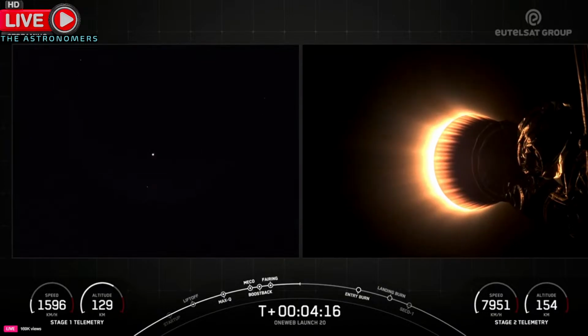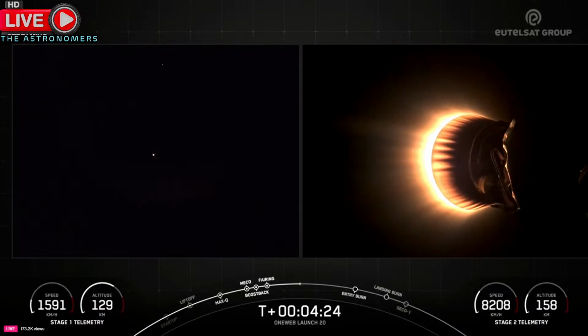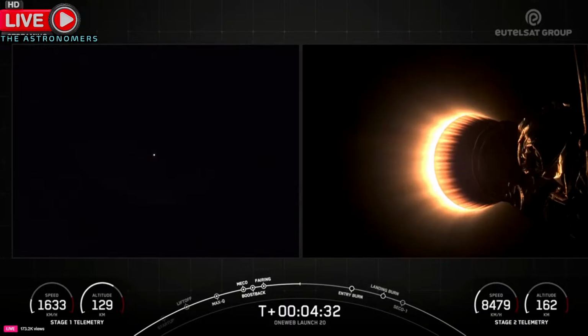It's now T plus 4 minutes and 17 seconds into today's mission, and we're currently in the first of 2 planned MVAC burns before satellite deployment. Just over 6 minutes into flight, you should see the start of our first stage's entry burn, and for the entry burn, we relight 3 M1D engines, 1, 5, and 9, which slow down the vehicle as it passes back